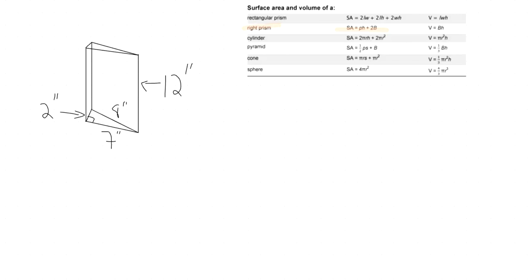So if you just isolate the triangle part, I'm just going to redraw the triangle over here. This is just the triangle. And you see it's a right triangle. And that's important because in order to get the area of a triangle, we need to have that vertical height. And they've given that to us here. So this side is 2 inches, the long side is 8 inches, and this side is 7 inches. That's not actual dimensions that would work on a right triangle, but just pretend like these are the numbers that they would give you. Okay, so we know the perimeter, and that's important because in the equation, we have a